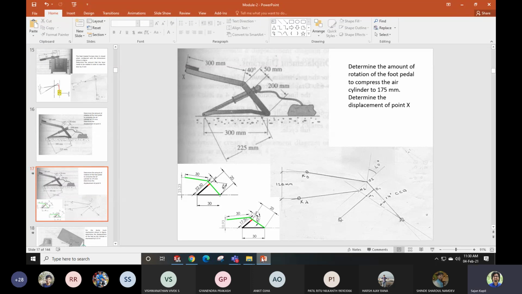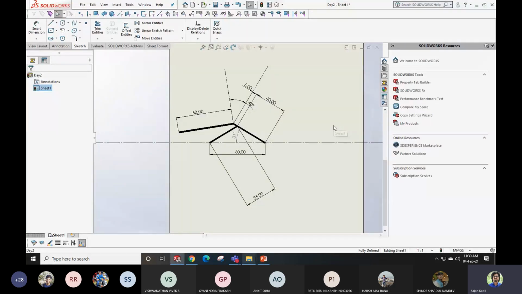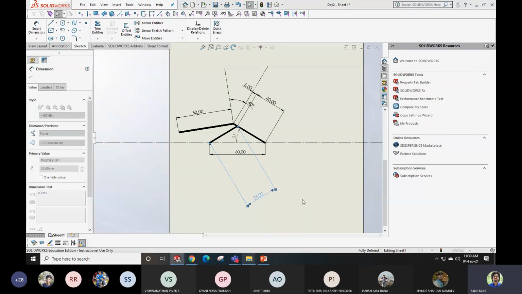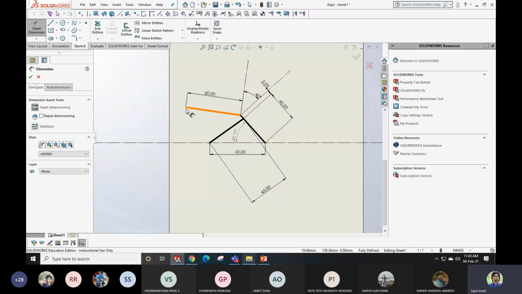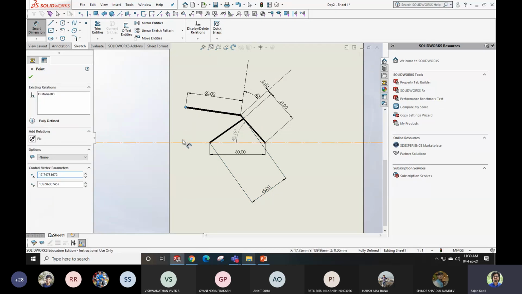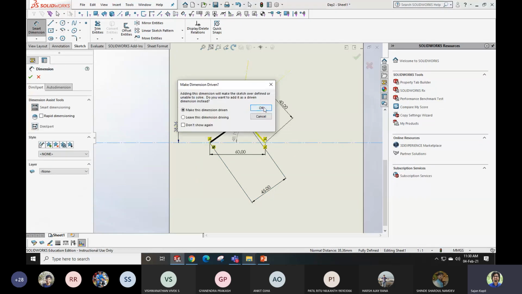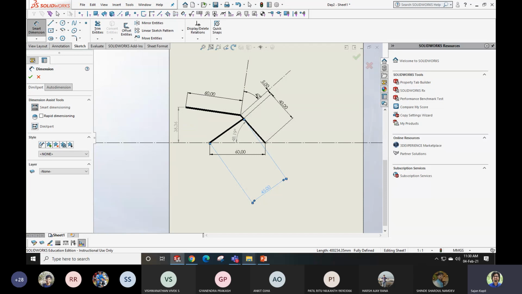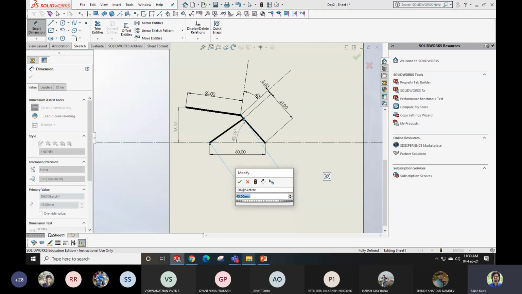Oh, determine the displacement of point X. Oh, we need to determine the displacement. I just found out the angular rotation. I'm sorry. Okay, so that is also fine. No issues. We will do that. So 45, right? This was 45. And earlier, what is the distance between this point and this point? It is 38.6. And if I change it to 175 by 5,